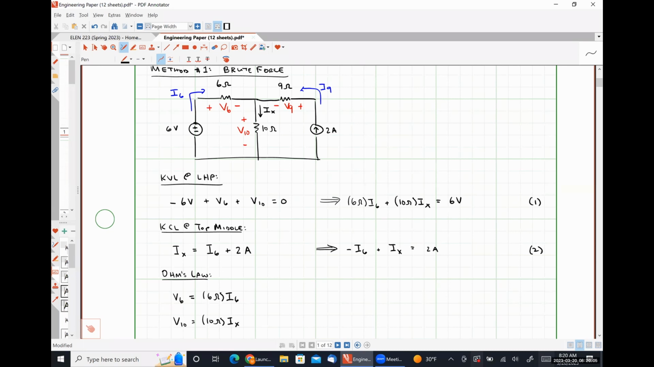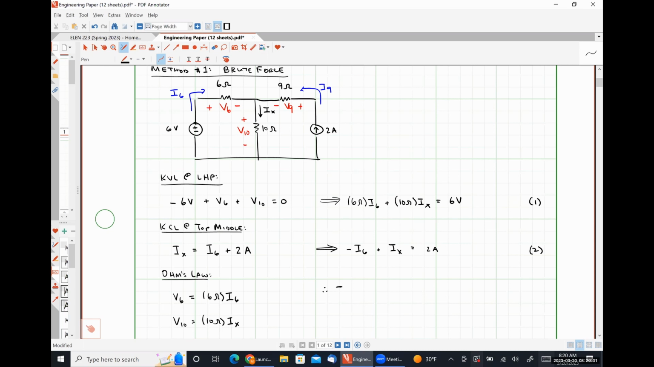So my coefficient for my first variable, I6, is 6 ohms in my first equation. My coefficient for my second variable, IX, is 10 ohms. My constant term is 6. My coefficient for I6 in my second equation is -1. My coefficient for IX in my second equation is +1. And my constant term is 2. Solving this system of equations, I find